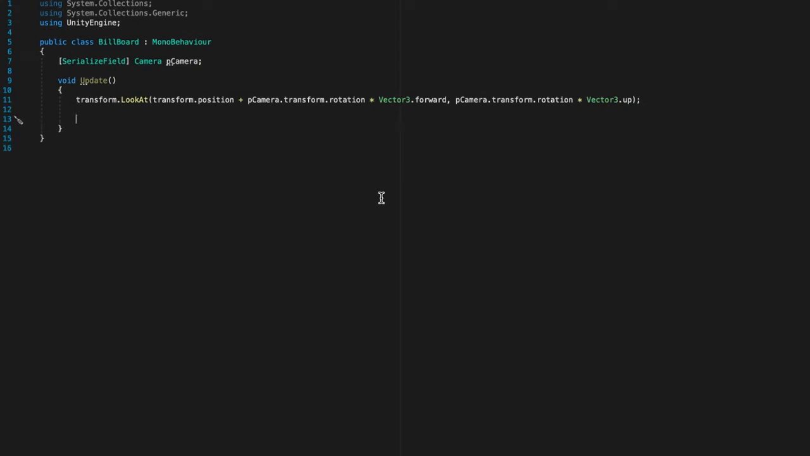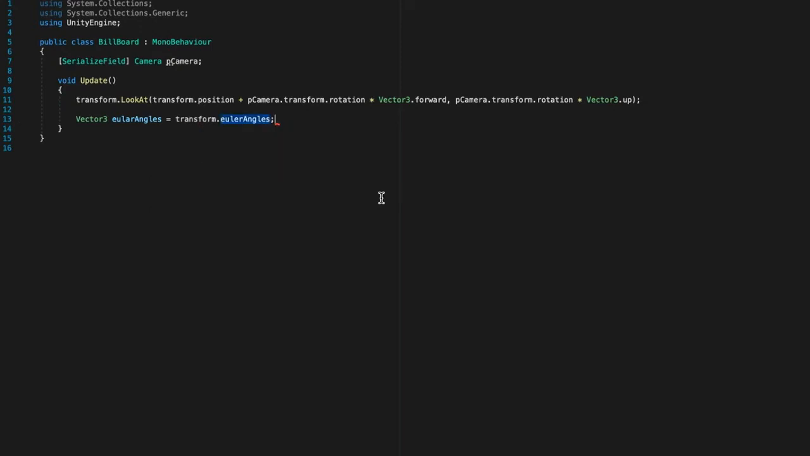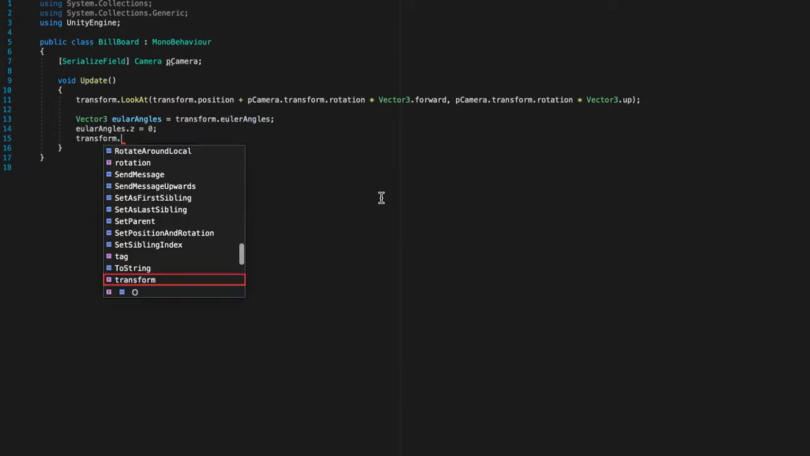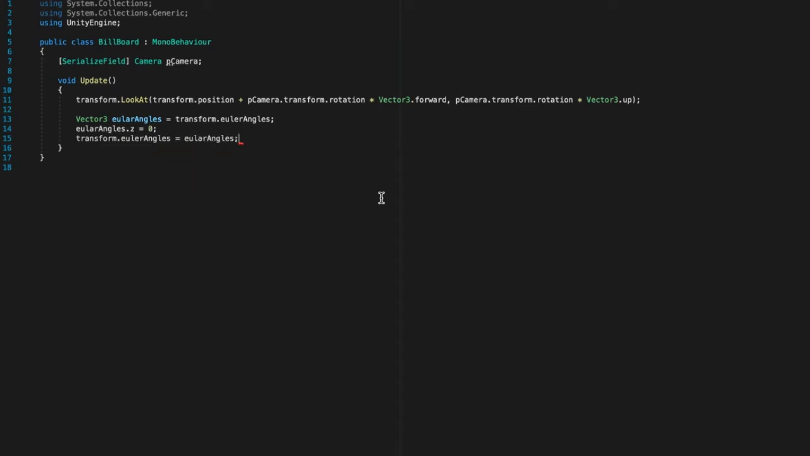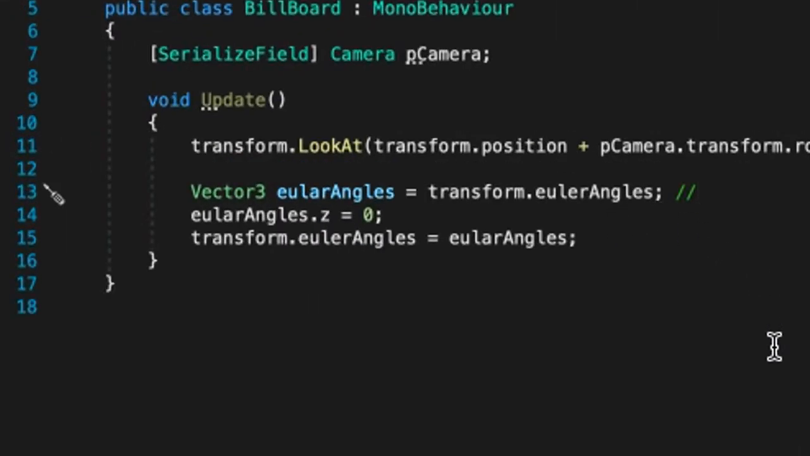Next line, do Vector3 eulerAngles equals transform.eulerAngles, and then do eulerAngles.z equals 0, and then do transform.eulerAngles equals eulerAngles. And then what this is basically doing is getting the position of the camera, let's go and do player camera. What these next two lines basically do is overwrite the transform.rotation so that it only follows the player